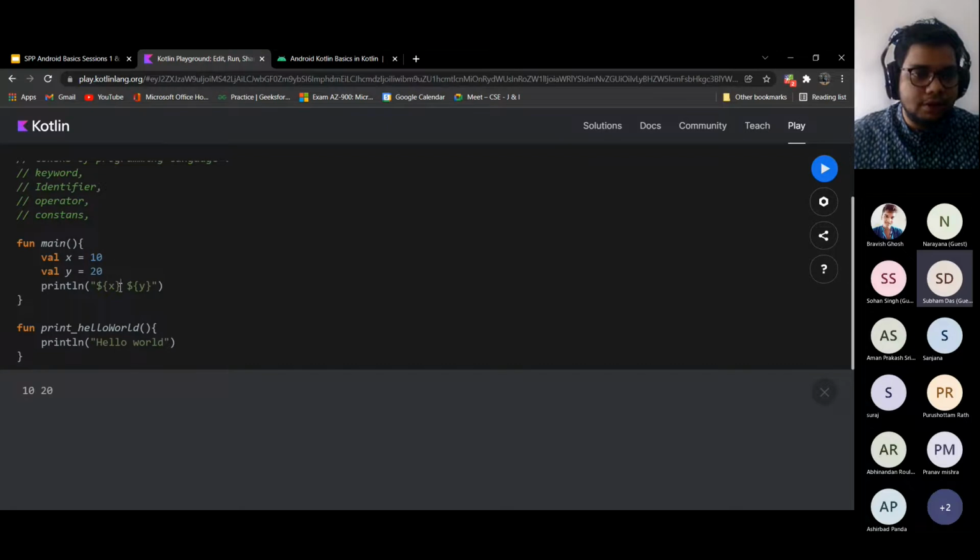So what this dollar sign followed by a curly bracket means is, inside this we can put variables that actually have a value stored in them. And this thing that we are passing as an argument in the println statement is called a string, which is nothing but an array of characters.